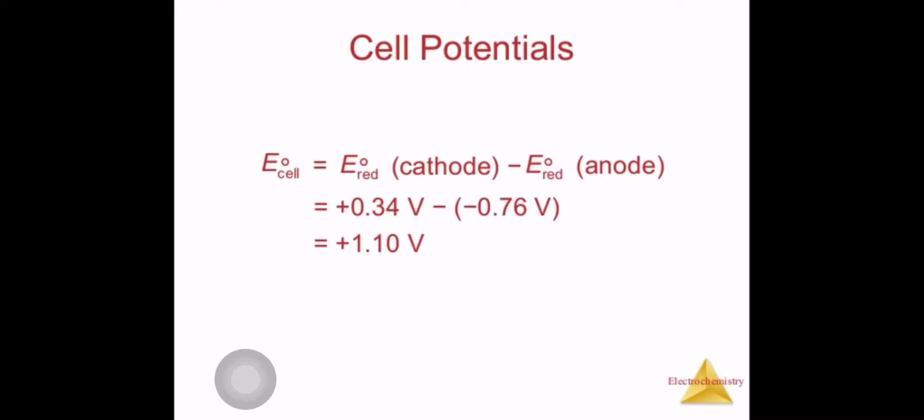So if we want to find out the value of any compound or any ion, and we don't know anything, we can take hydrogen as a standard reference, as we know that its value is 0. It can be taken on the right hand side or on the left hand side, depending on whether it is going to gain or lose electrons. In this way we can get the value of cathode and anode, and this way we can find out the value of E standard cell.